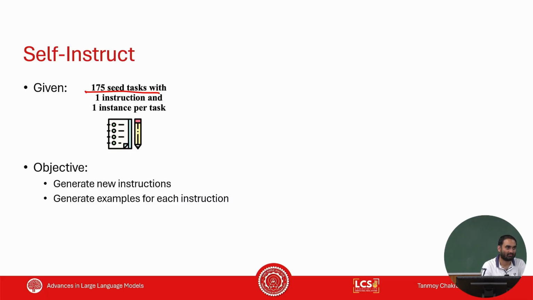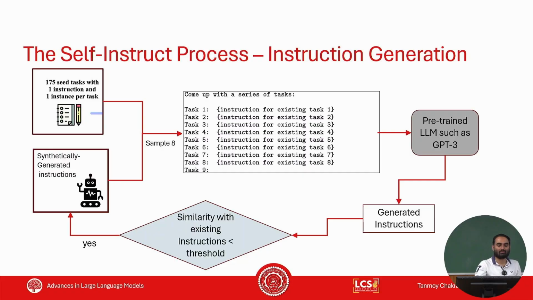And for every task, one instruction is given and one instance is given. Now these instruction and instance are manually curated, and this is very little effort. For every task you need one instruction and one instance. Okay, this is the input, and what they do is that